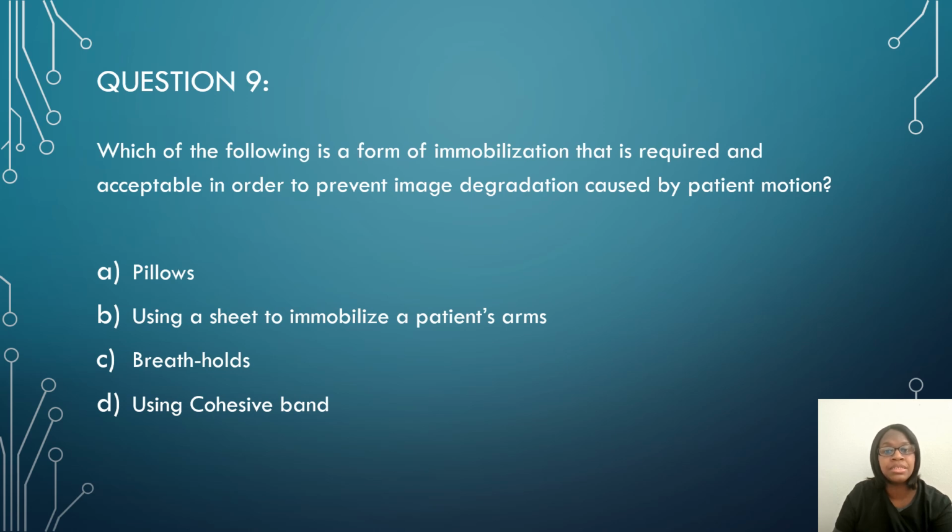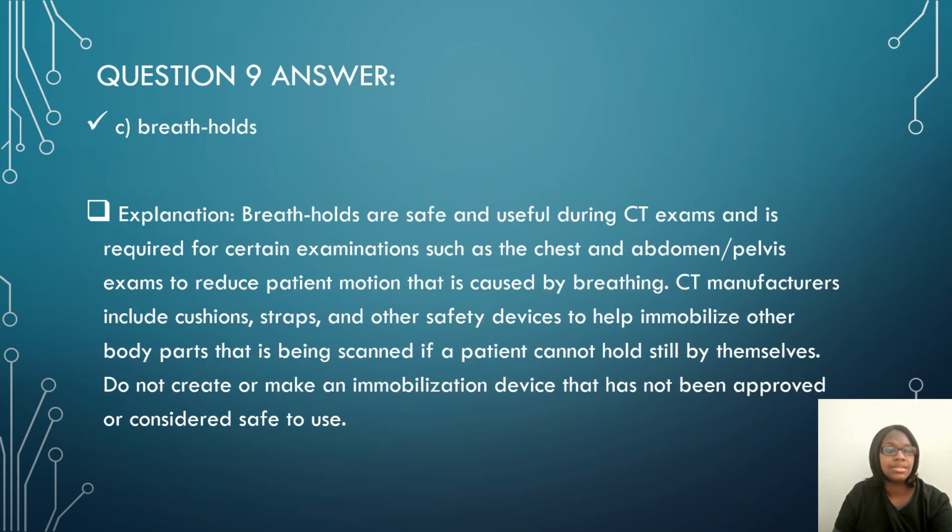Question 9. Which of the following is a form of immobilization that is required and acceptable in order to prevent image motion caused by patient motion? The correct answer is breath holds. So, whenever a patient has something like a CT chest or abdomen, the machine will tell them to hold their breath. That is immobilizing the patient in a way so that they are not moving their body